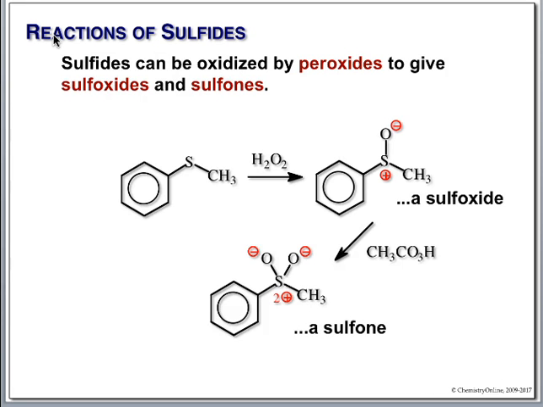You can also take a sulfide and you can oxidize it. If you oxidize it once with peroxide, you get a sulfoxide. It's actually a zwitterion, plus and minus. You can do it a second time with a peracid and make a sulfone. Sulfoxides are probably the best known. Dimethyl sulfoxide